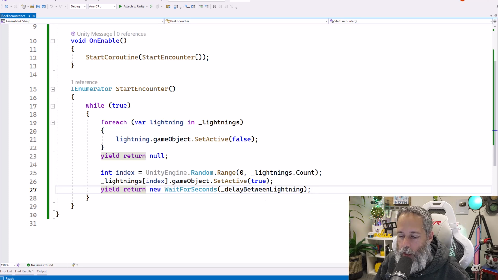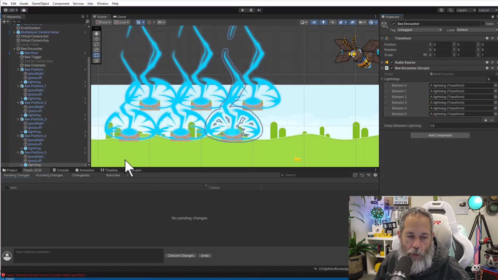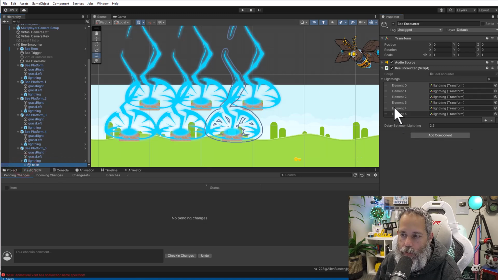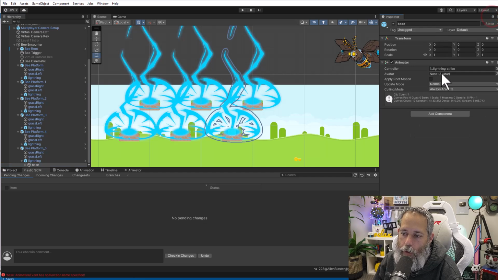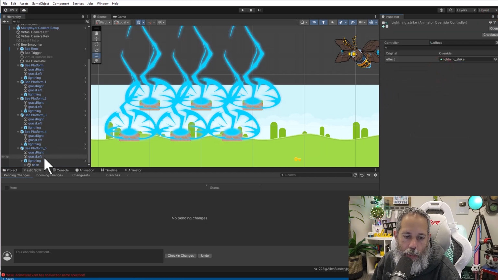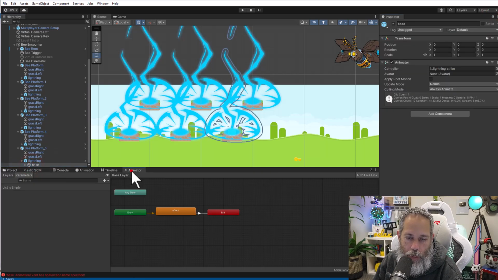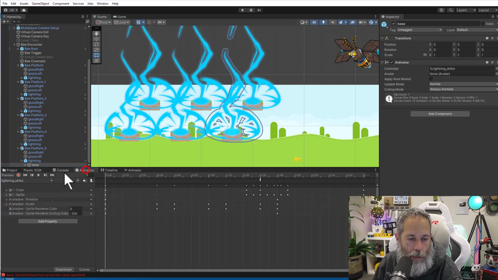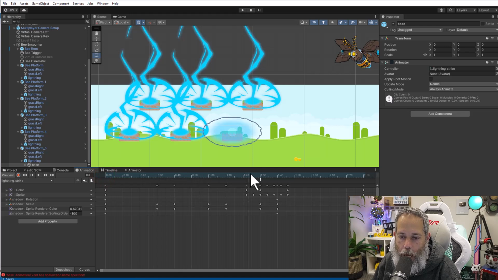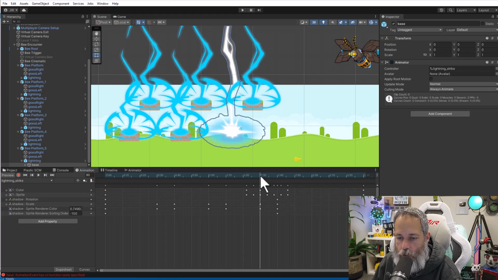If we take a look at our animation, I can go into Unity, go find our lightning object, and expand it out. There's that base sub object. I need to make sure I unlock my inspector. If I go to the base and go to the animation window, not animator, I can look at my lightning strike animation and see it play out. I can drag the timeline across and see that it is supposed to strike or do damage